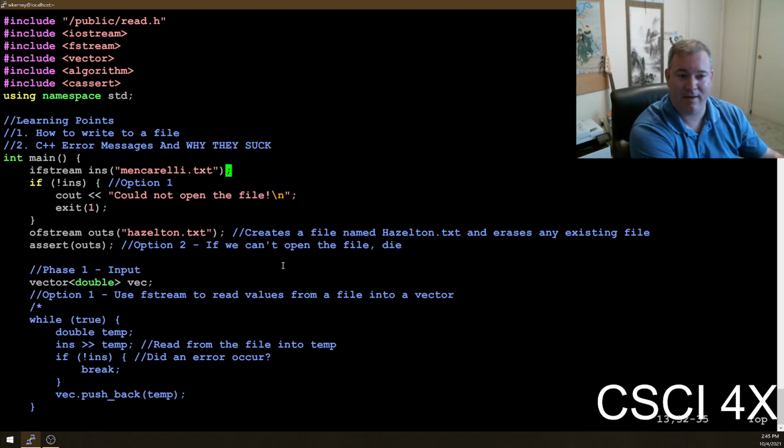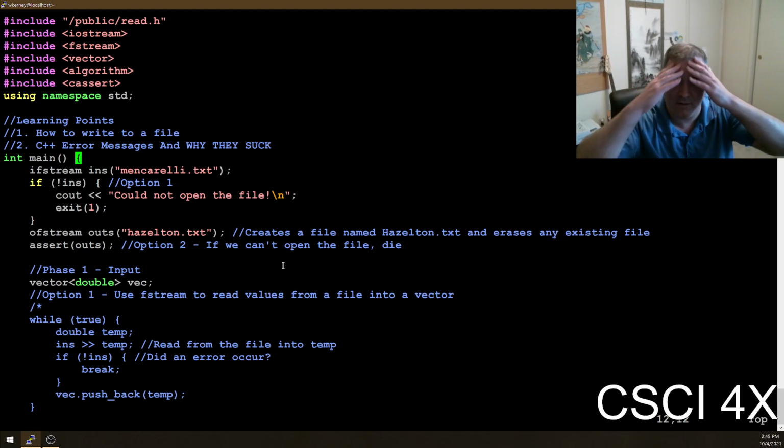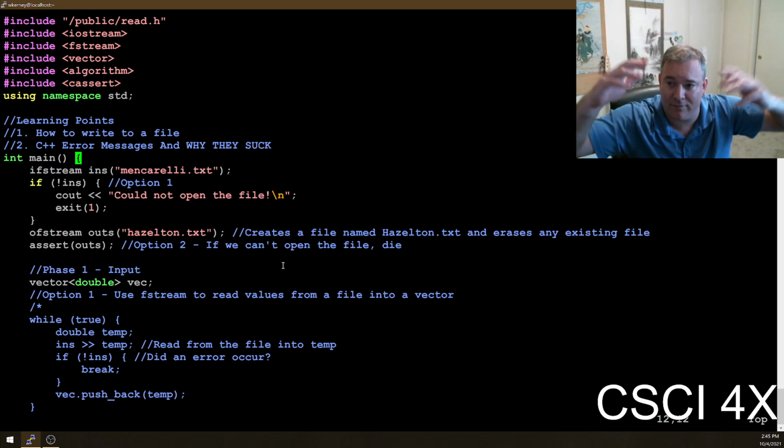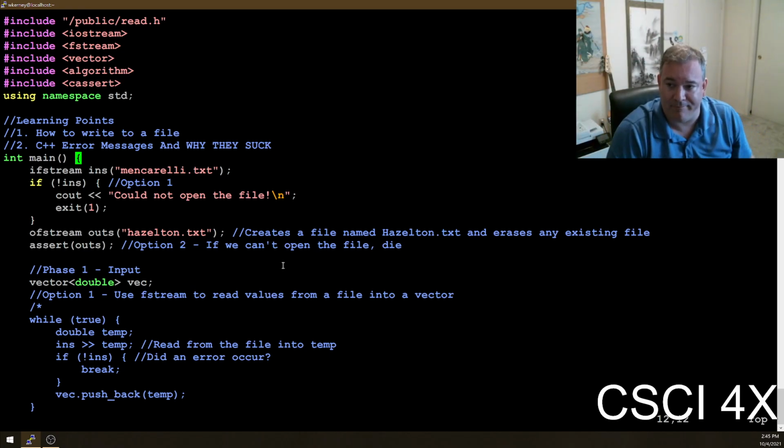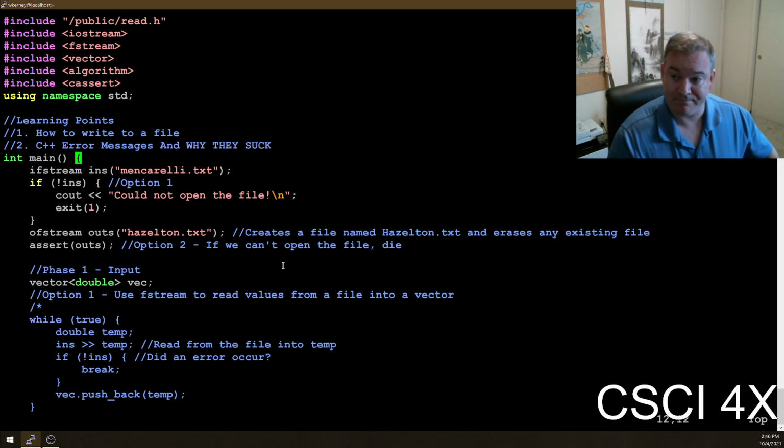So he was saying I was getting too many error messages, and I couldn't even scroll up high enough to see what was going on. And that'll happen. Why? Because C++ error messages suck. They have sucked since the 80s. It is the primary complaint a lot of people make about C++, that they're just no good. They've gotten better, significantly since 2016. They've gotten noticeably better, but they still suck.